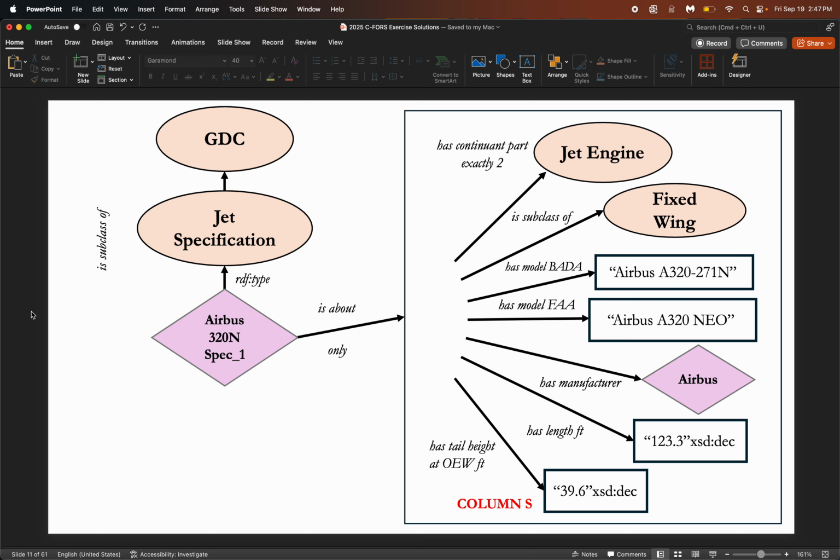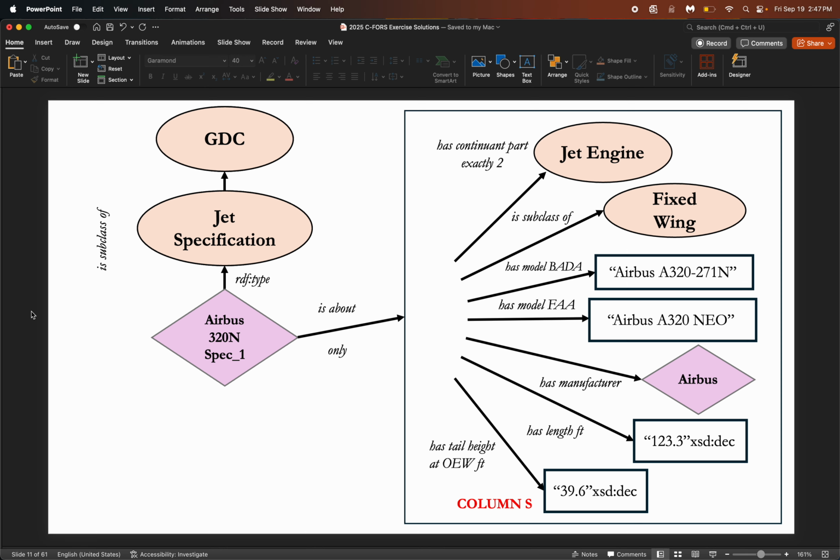What do I mean by that? You may find yourself wondering how far you should go down in the modeling. Should I model just the jet engine as a part, or should I go out into the pistons or whatever Airbus specs prescribe? Well, what's in the columns? First, do they stop there? Do they stop at jet engine or not? But there's more to the columns that you can reasonably pull out, and you can leverage BFO